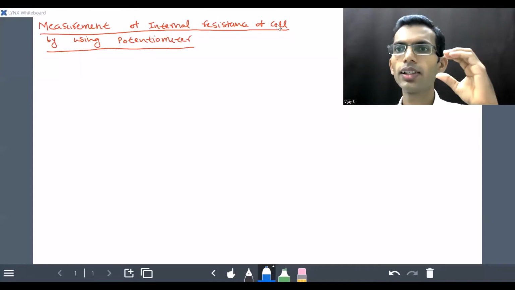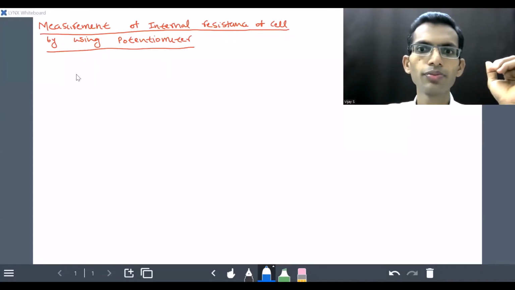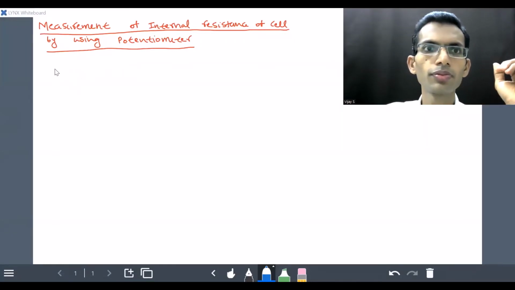Hi everyone. In the last video, we saw how to measure EMF of the cell by using potentiometer. In this video, we are going to see how to measure the internal resistance of the cell by using potentiometer. Let us say we have a cell like this. So we want to measure its internal resistance